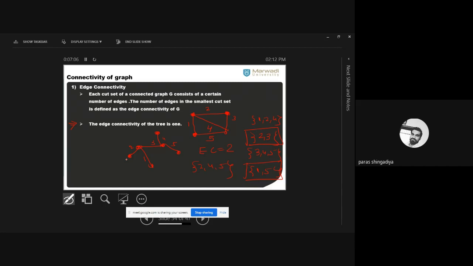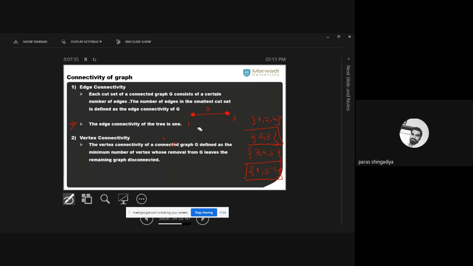It is based on the cut set concept. ठीक है, कट सेट पहले आपको चेक करना है, and then after check the smallest cut set. Any confusion to anyone? Okay, good. Now next, connectivity is that vertex connectivity. So I just remove it. Okay.